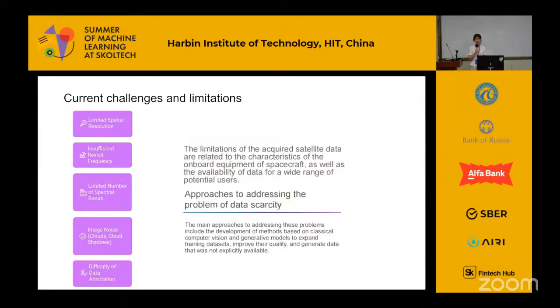To develop such solutions, we need datasets, and there we can face the following problems. The first one is limited spatial resolution. So what does it mean? If we work with satellite data, we have some measurements that quantify the pixel size, and for some tasks, we just need a medium resolution. That means that we can use just 10 or 20 meters per pixel. But for particular tasks with object recognition, we need more precise resolutions of several meters per pixel, or even